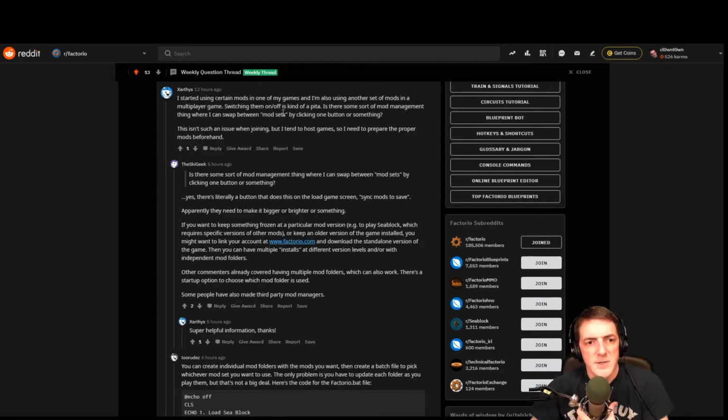So Arthur says, I started using certain mods in one of my games and also using a certain set of mods in a multiplayer game, and switching them on and off is kind of a pain. Is there some sort of mod management thing where I can swap between mod sets by clicking one button or something? This isn't such an issue when joining, but I tend to host games, so I need to prepare the proper mods beforehand. If you're hosting games, server management, or maybe one on server management, like my server, for example,